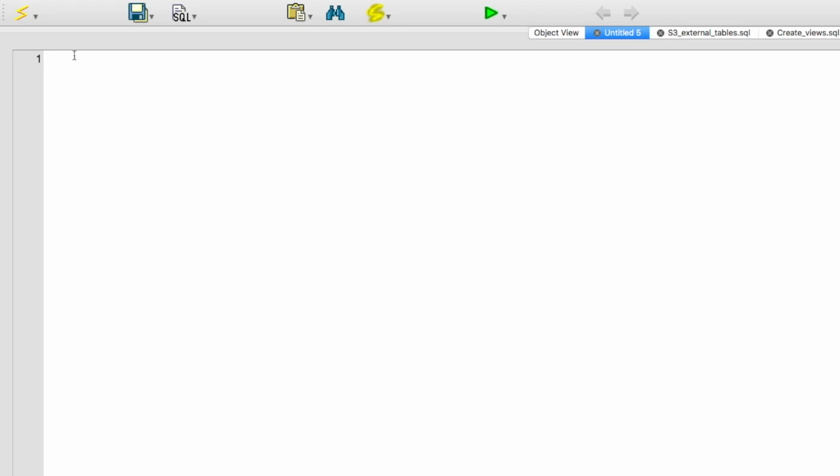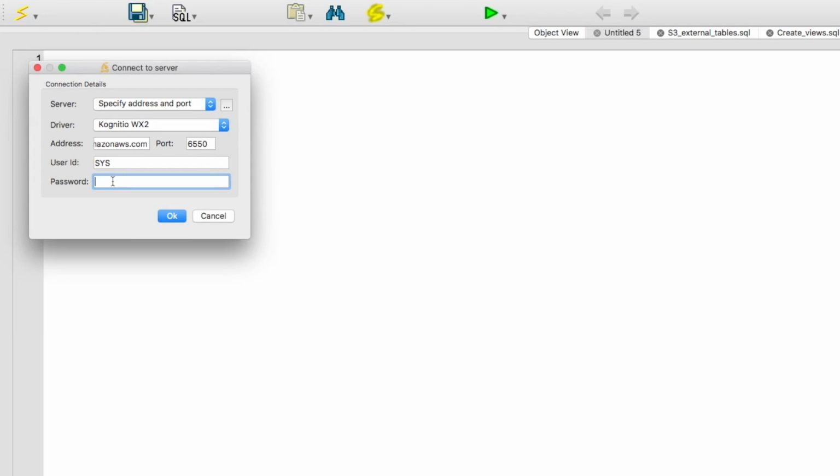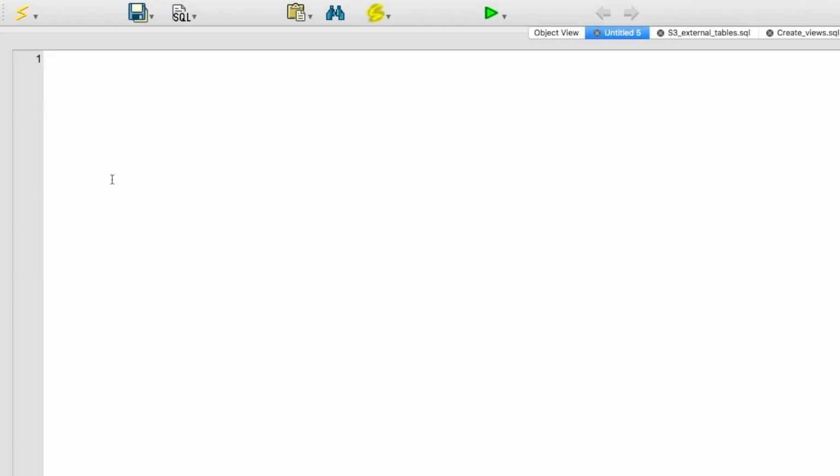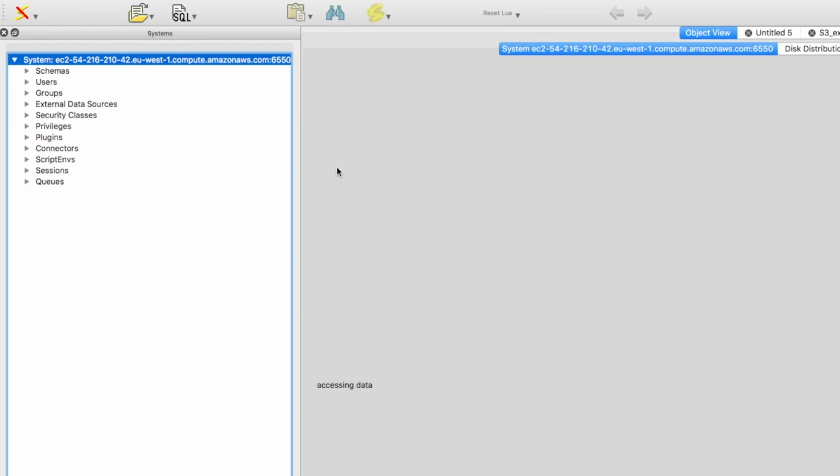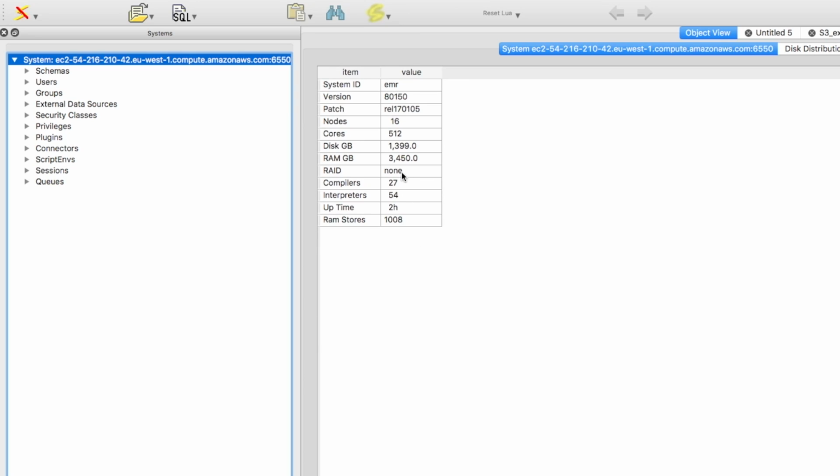So first thing we're going to do, using Kognitio Console, which is one of the client tools that's available, is connect through to the EMR cluster. So here we can see that we're connected to the system in EMR, and I just double click on the system here to see what's available to us, and we can see that we've got our 16 nodes set up as you saw in the previous video, and also we've got 3.5 near enough terabytes of RAM available